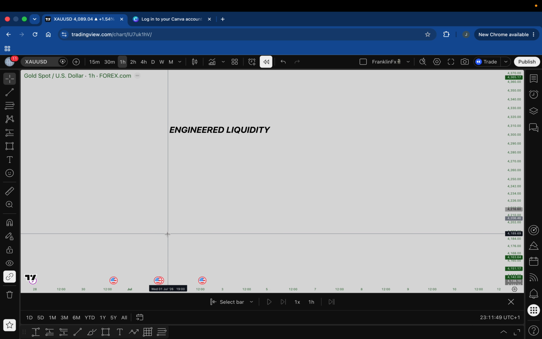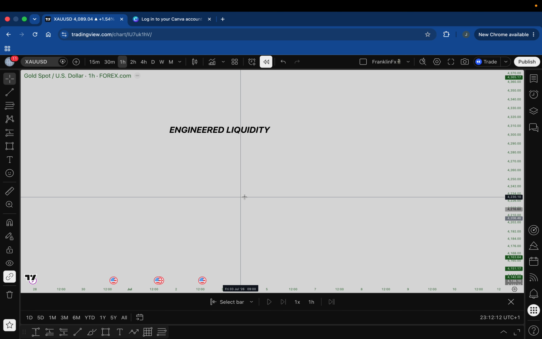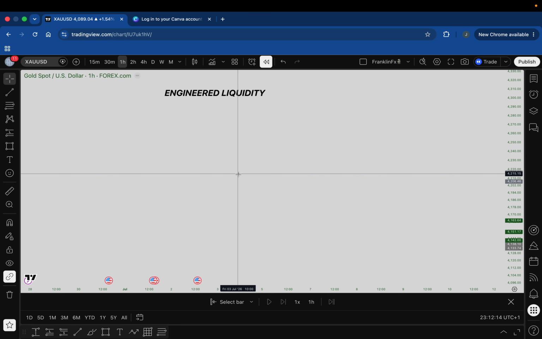As time goes on, I'm going to be making lots of videos on liquidity, and we're going to be covering all those other types of liquidity. But today, for our first video on liquidity, we are going to be dealing with what I call, or what you know as, engineered liquidity. Now, let's do some little architectural design on the chart. Like I made mention earlier,